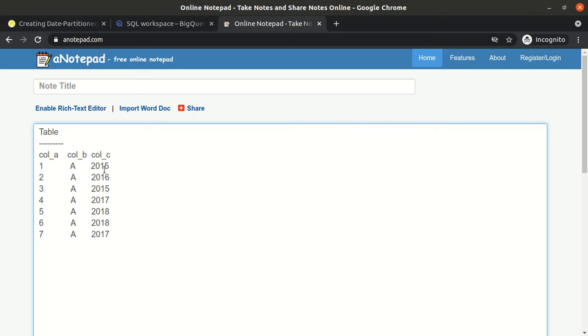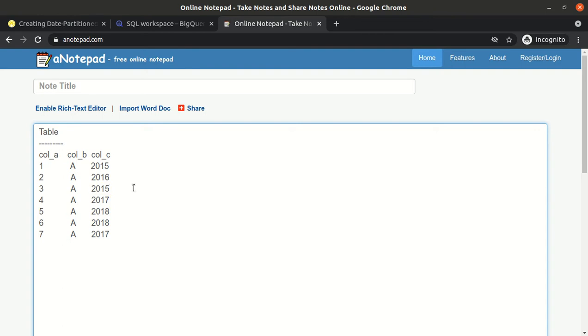So if I have to find the rows of the 2015 date, what this query will do is come to the first row and check whether the year is 2015. If it is, it will store it, then go to the second row, then the third row, then the next, and the next. Okay, I found two rows, then it will return them.